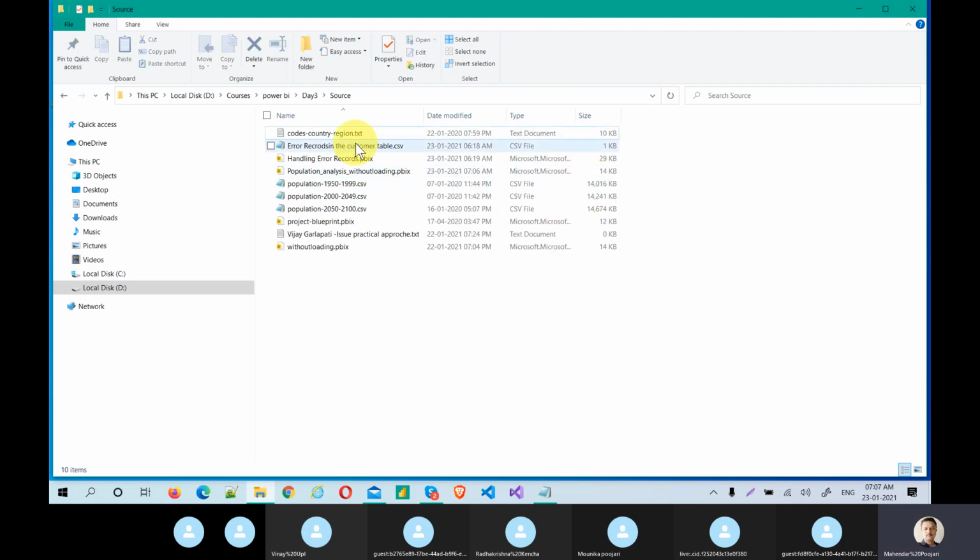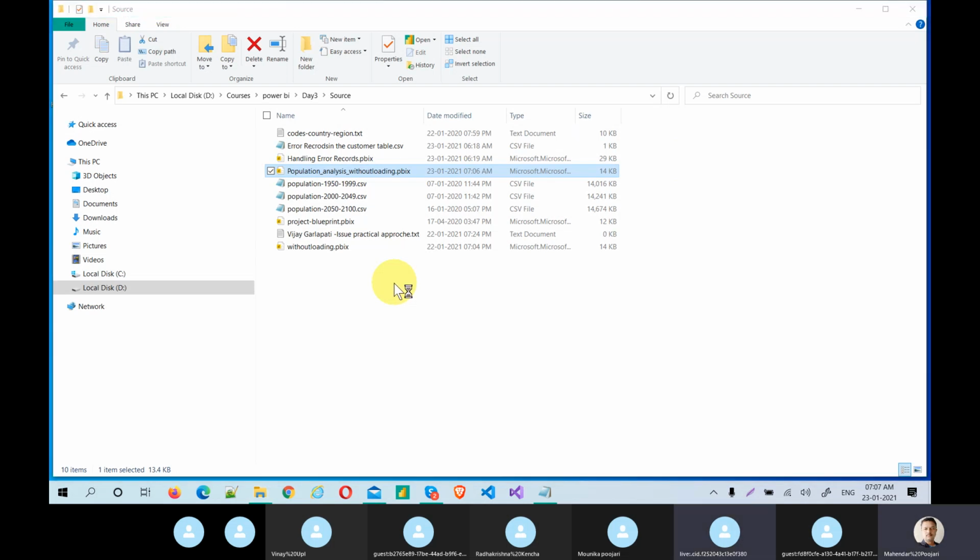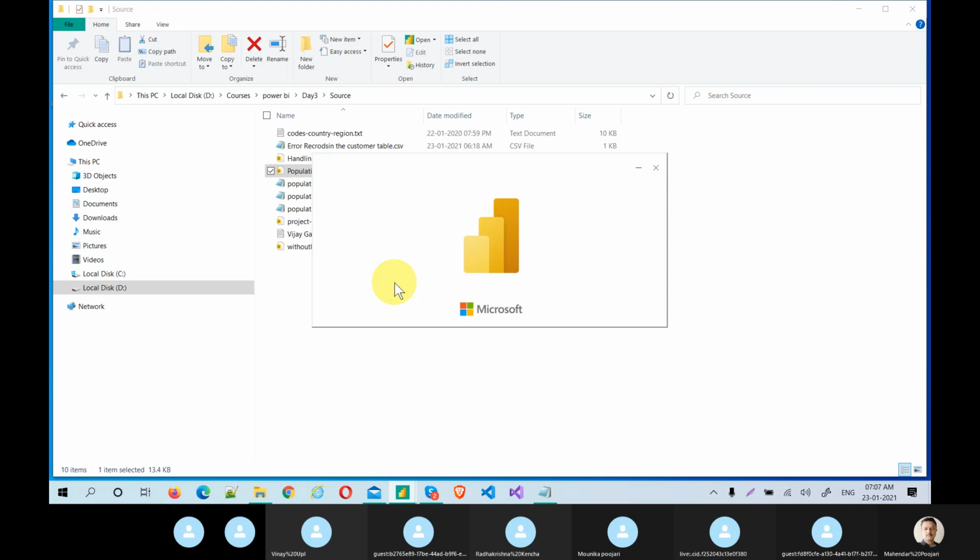Now I'll open up population analysis without loading again. What difference do you observe? Though we connected 3 source files, did a lot of operations, and saved, we did not load the data into Power BI, but the data is in the first gate.